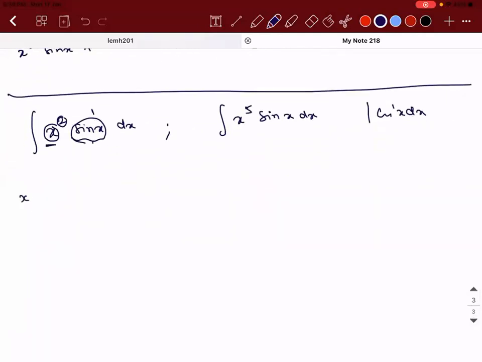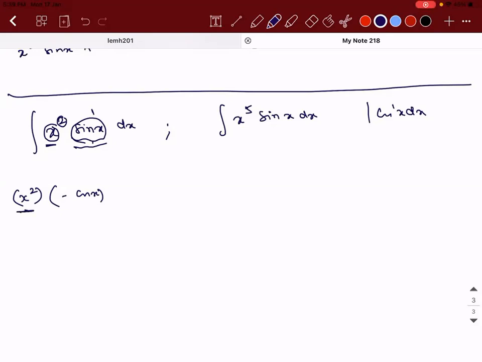Write the algebraic function as it is. So put it in a bracket into integrate this, that is minus cos x. Okay, is this step clear? First function into integral of second. This is not a shortcut or something. This is a faster way to solve the problem, but don't use it in the exam. Use it only to validate your answer, because this time it is subjective. You need to show the steps. It is only to validate whether your answer is right or wrong.